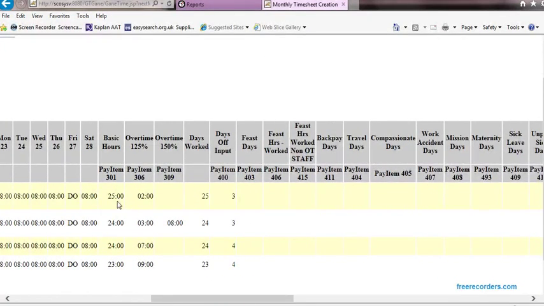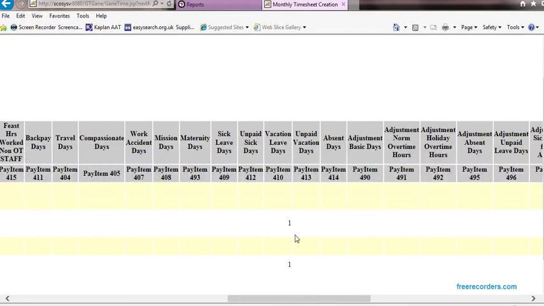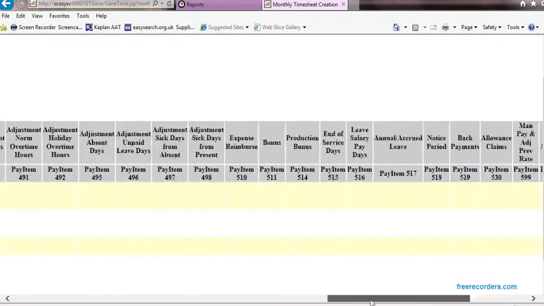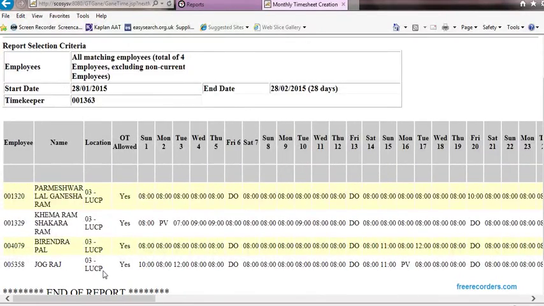You can check the basic hours that have been entered, the overtime that's been worked. These are the number of days basic, number of hours at overtime 1 and overtime 2, depending on what day it is, how many days have worked, how many days off, vacation, leave days, and any adjustments that have been made. So from a basic data entry point of view, this report will confirm the information that you've entered onto the